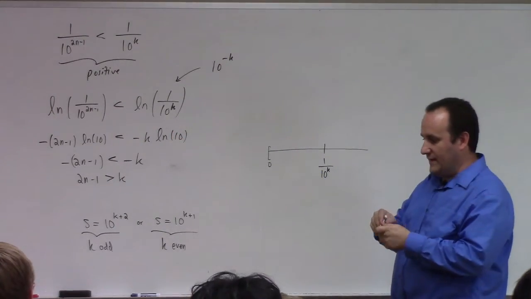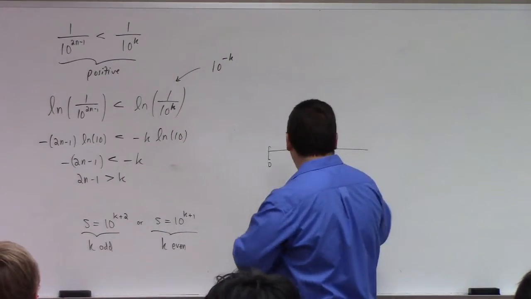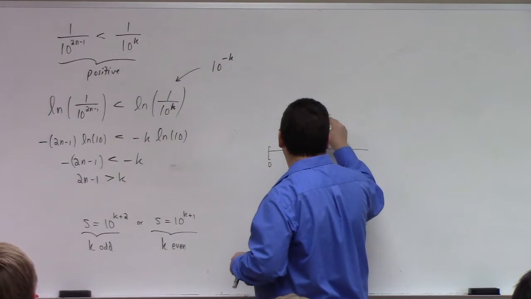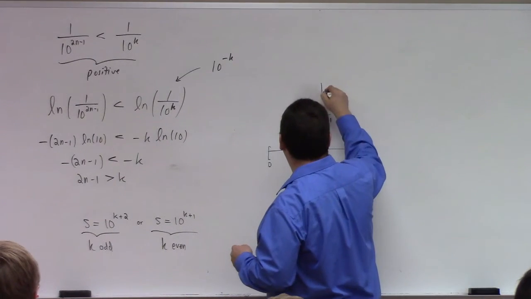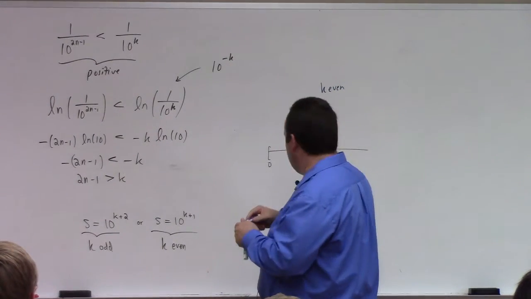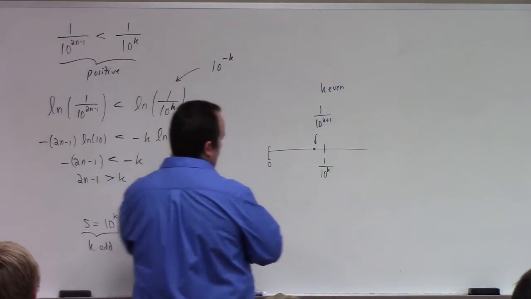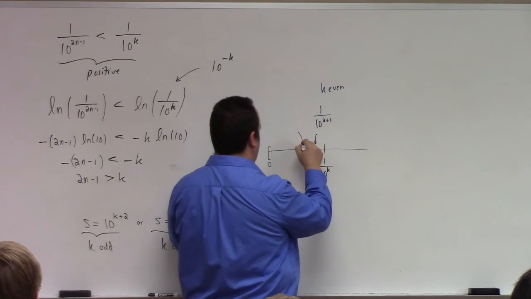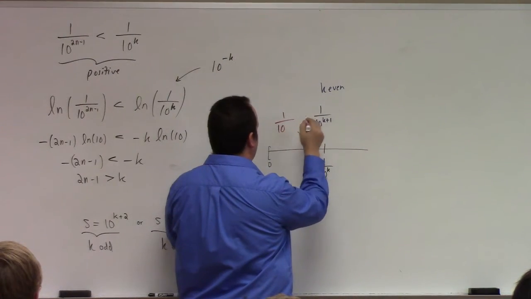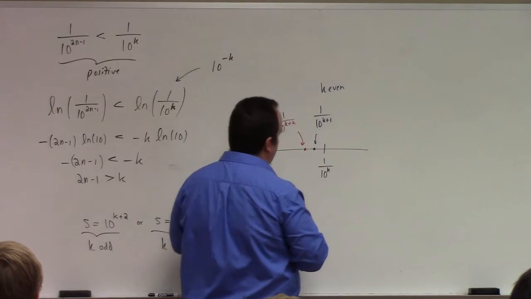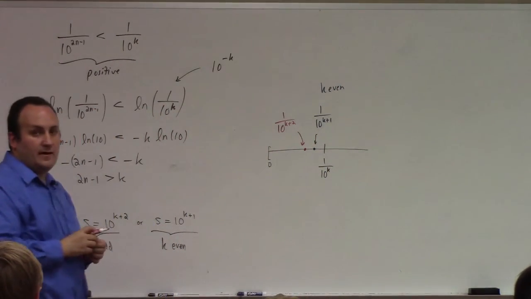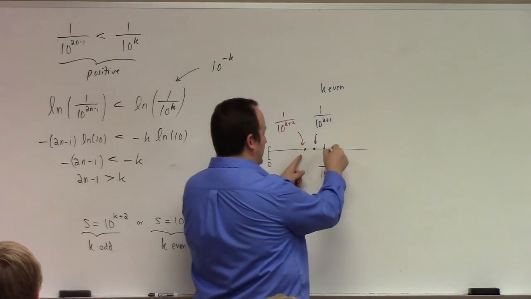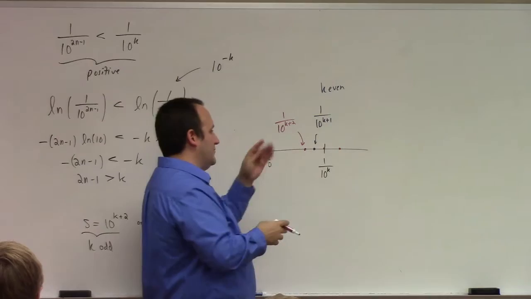All I'm saying is that there's a point either right here, 1 over 10 to the k plus 1, k even, or there's a point over here, 1 over 10 to the k plus 2, if k happened to be odd. If k happens to be odd, then this is also in the set. These are not equally spaced, but